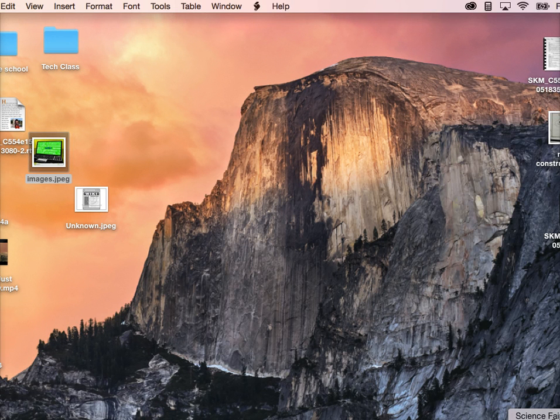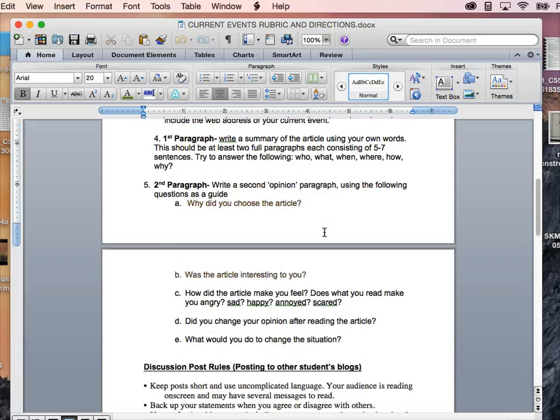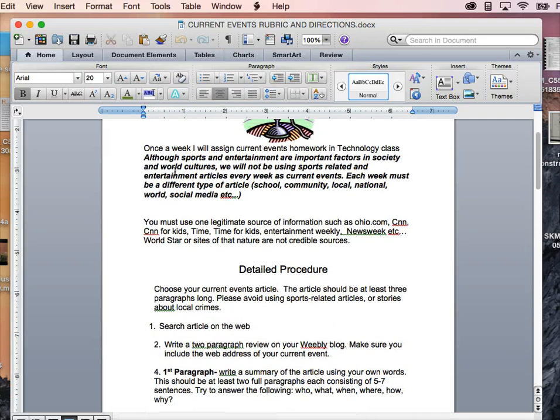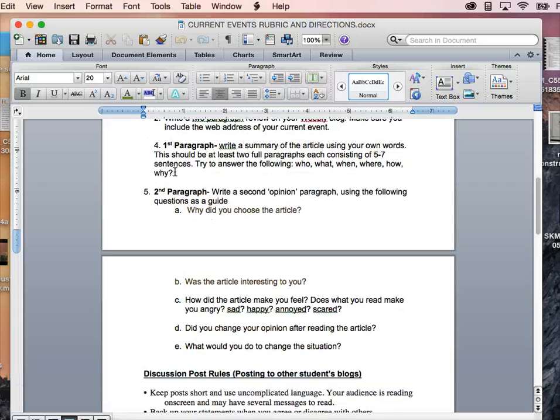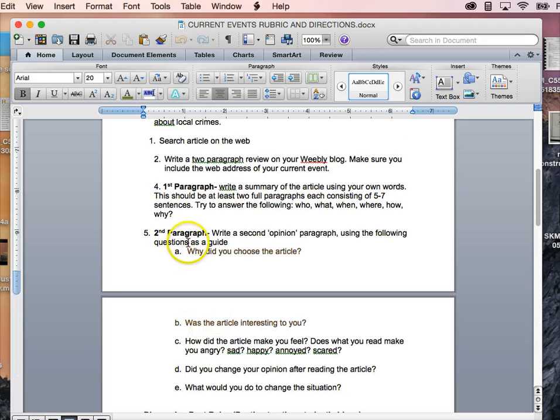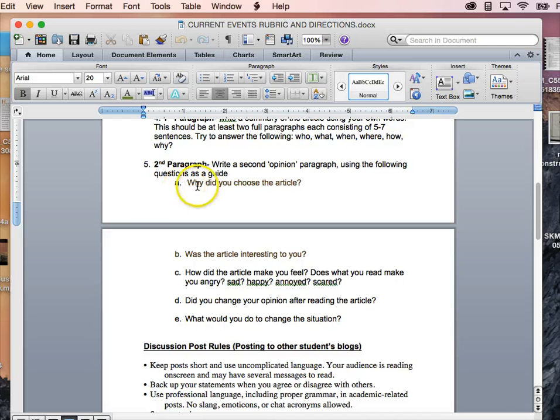So let's start out with the directions for the current event blog. I won't go through everything because you can read the directions yourself. But the thing that I want you to pay attention to is how to write your actual blog assignments each week. You're going to have two paragraphs. The first paragraph is your who, when, where, and how paragraph, your five W's, and your second paragraph is your opinion paragraph. I've also listed some things that you can do here to help guide you through your opinion